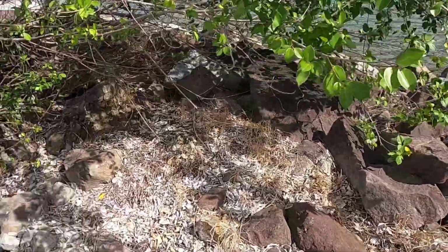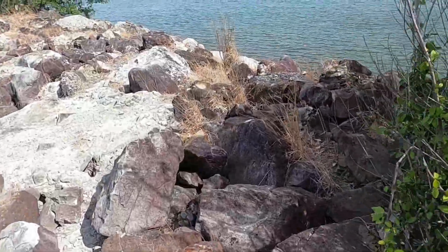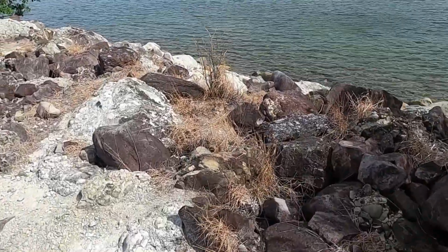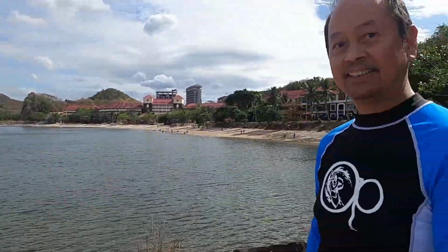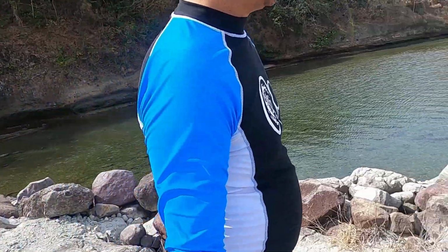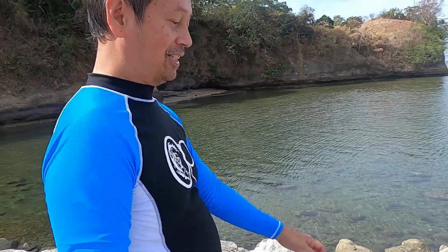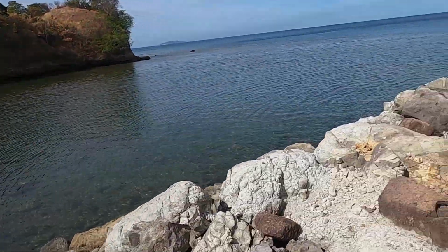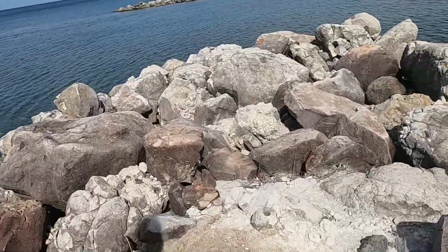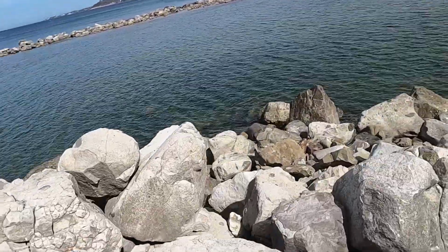A tree for shade. So we're up here, still walking. We'll try to see if we can get to the edge, to the end of this artificial breakwater. Here at the end,